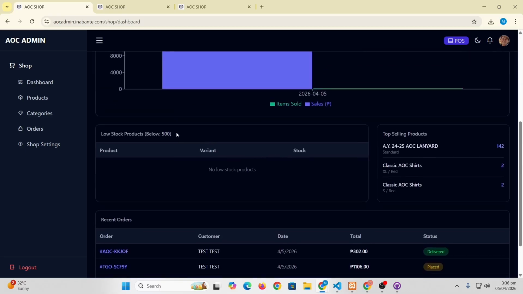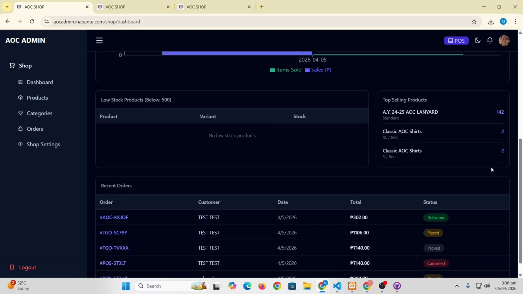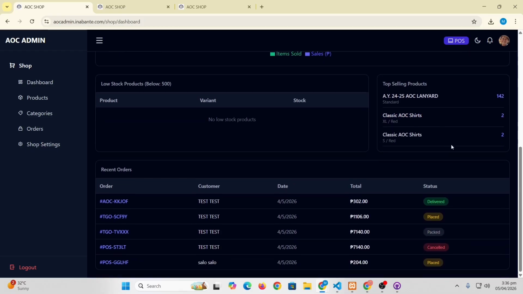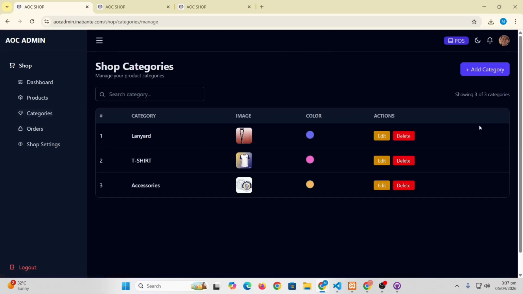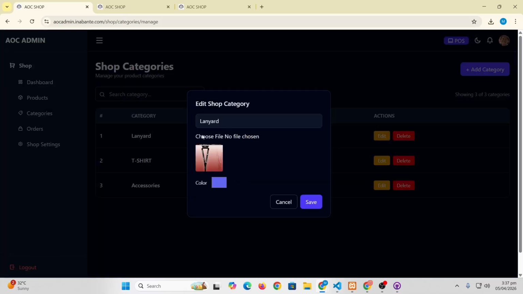Okay, so low stock. Below 500 stock will display right here. And top selling products. We have 142 sold of AOC lanyard and classic AOC shirt. We have two and two for small red. Okay, recent orders. So that's it. And for the categories, you can add more categories if you want and edit if you want also.